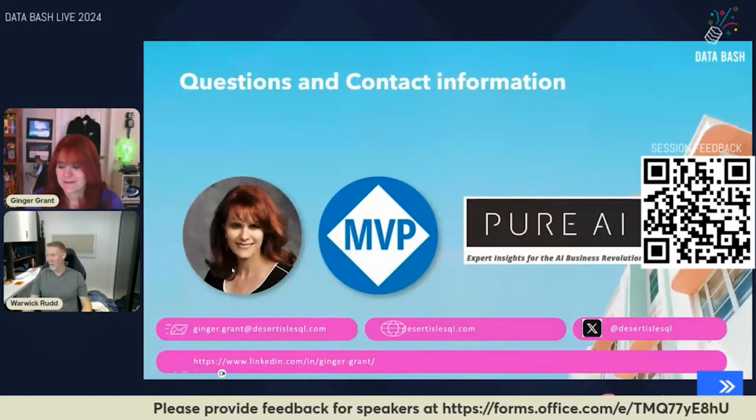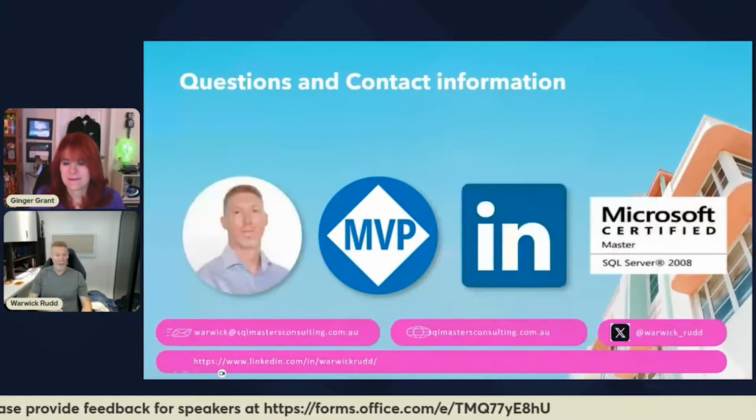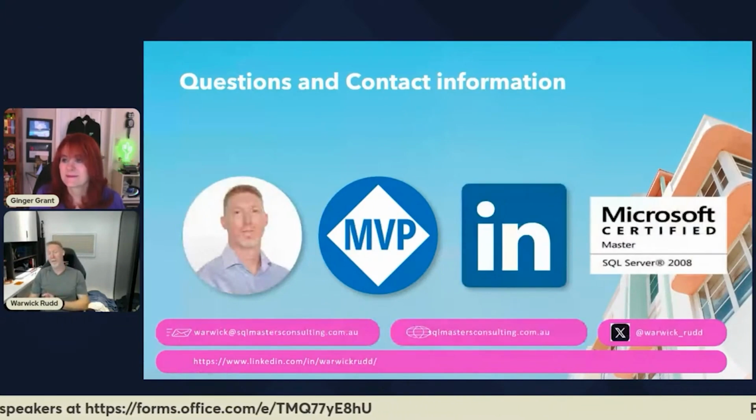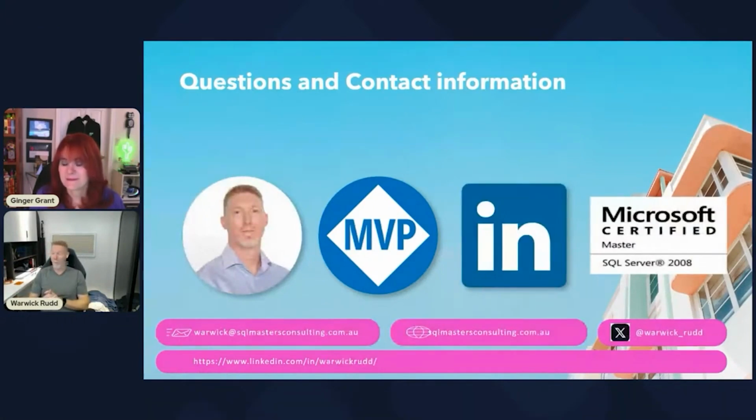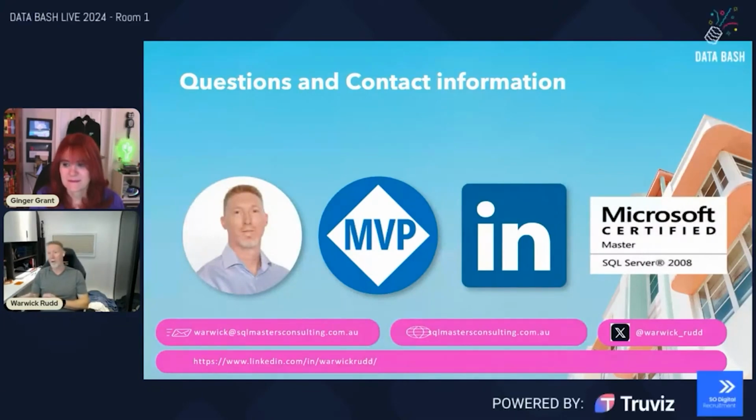Okay. And rounding out, so once again, my contact details. As we mentioned at the top of the session, feel free to reach out, connect with both Ginger and I if you've got any questions about this session, but anything in general, especially if you are interested in what Ginger just mentioned about, how do you track whether what somebody is being sent is AI generated or not? And as we mentioned, everything that we've got in this session, we've actually generated, except for the images. I'm not that good at creating images. AI did help me in creating some of those images.